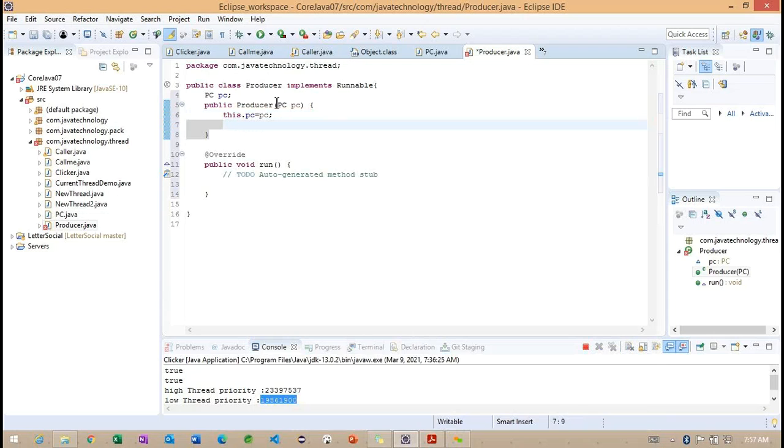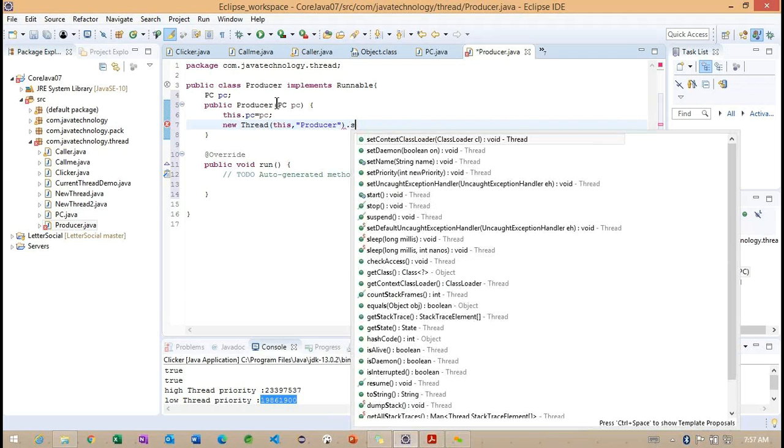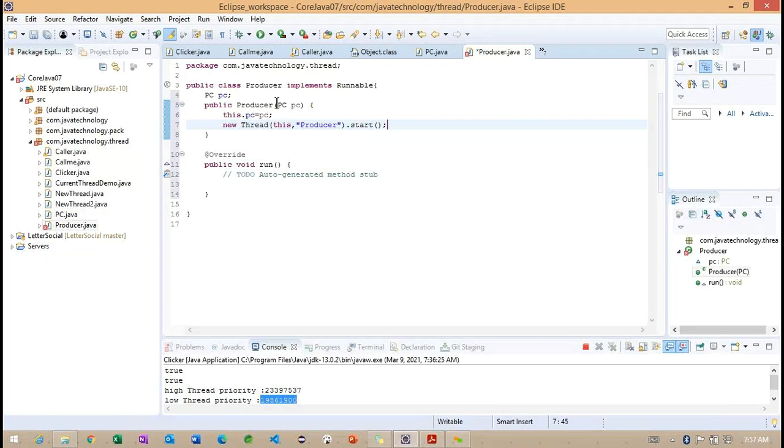Now I'm creating one thread here by passing this as a parameter, and the name of the thread I'm passing is Producer. After this, I'm going to call start, and whenever we call start, it will call the run method, internally with i equal to 0.